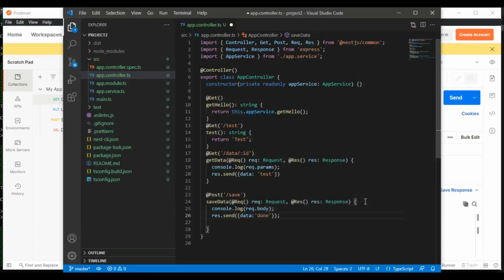Done. So now we can test. For post we need to test save, and for get data we need to use ID. So we can test params and body in this. Similarly we can have delete and put for update and delete methods.